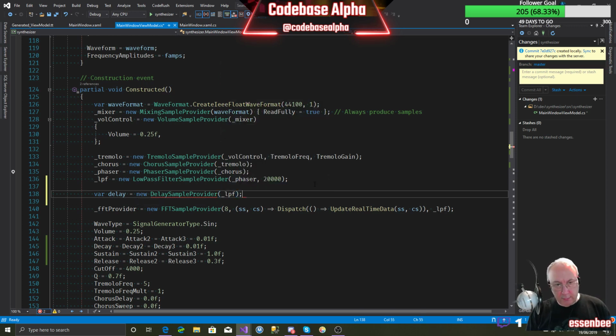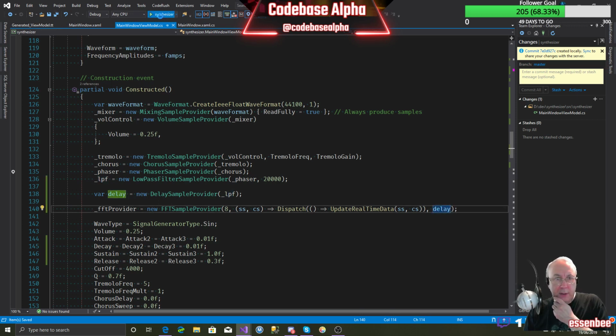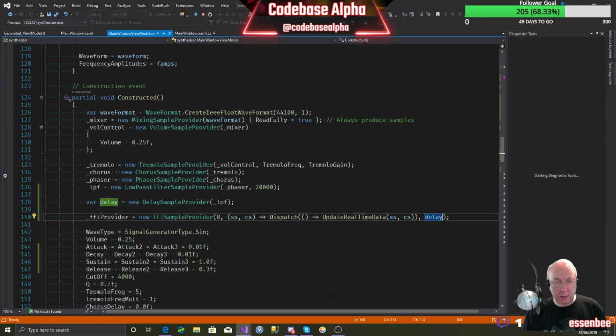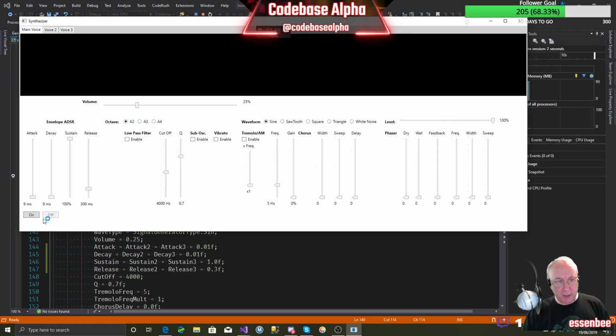I'm not determined whether that low pass filter is in the right place in here at the moment. And then we're going to pass that into our Fourier transform, the delay. And so to give you an idea of what we can do with this effect, once again, we can't turn it on or off, but